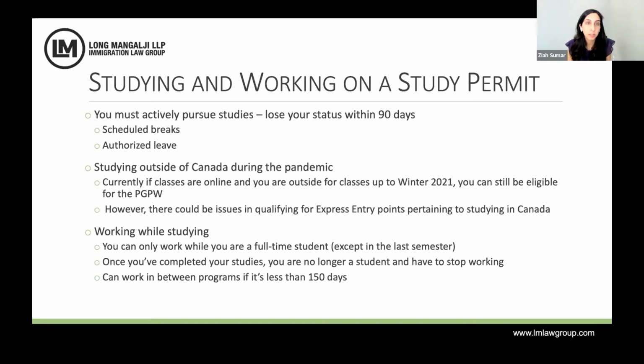So when we talk about these hours, we're talking specifically about off-campus work. You can work both on campus and off campus, and there is no maximum in terms of the number of hours that you can work on campus. So you could be working 40 hours on campus and up to 20 hours off campus. Okay, great. So I've done my exams. Now the grades have come. I don't have official transcripts yet, but I see my grades online and I passed,